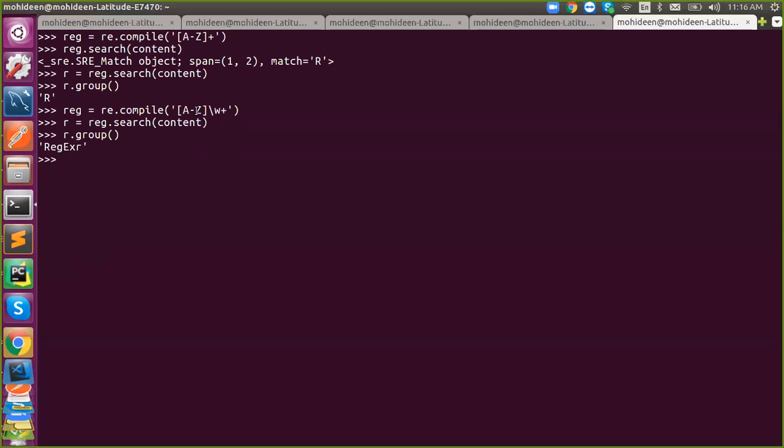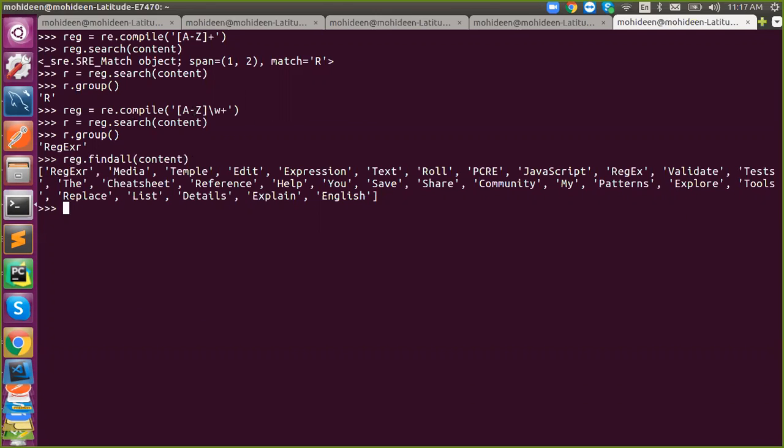So this will help you to reuse your regular expressions. If you want any change, just do it in a single place. Understand? So you can use it for multiple purposes, like for search I can use it, for find all I can use it. That is called compiling your regular expression, I mean your pattern. You can compile your pattern, make it a regex object, and we can reuse that object a number of times. So here I just simply pass it, that's it, I got a list. So I'm just reusing my single pattern for multiple regex attributes.